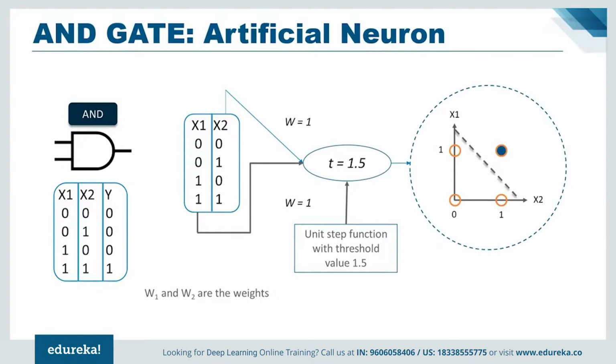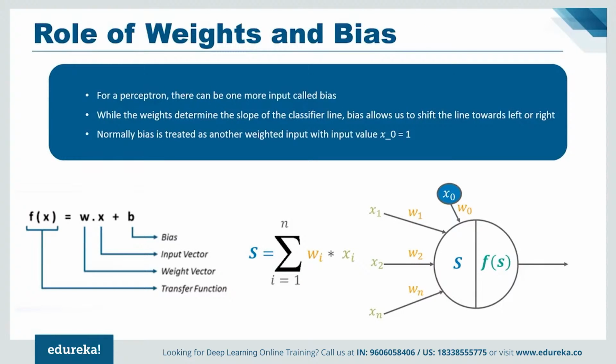So till now you understood that a linear perceptron can be used to classify the input dataset into two classes. But how does it actually classify the data? Mathematically, one can represent a perceptron as a function of weights, inputs, and bias. Each input received by the perceptron is weighted based on the amount of its contribution to obtaining the final output. Bias allows us to shift the decision line so that it can best separate the inputs into two classes. Now, enough of this theory. Let us look into an example of the perceptron learning algorithm, where I will implement the AND gate using a perceptron from scratch.